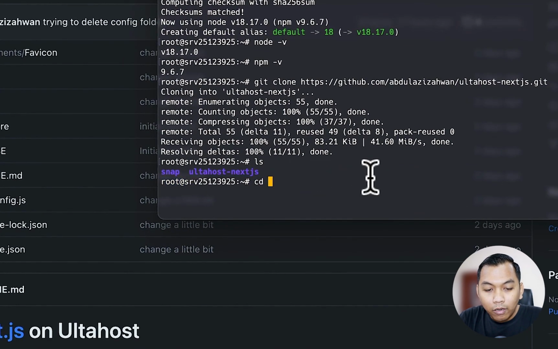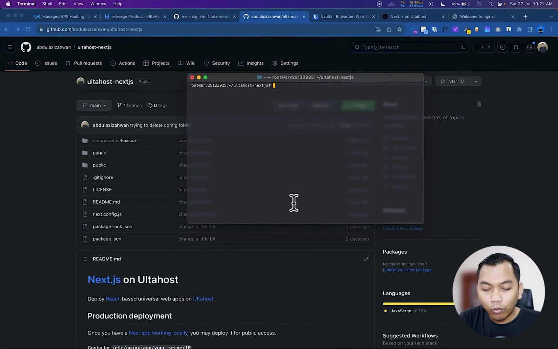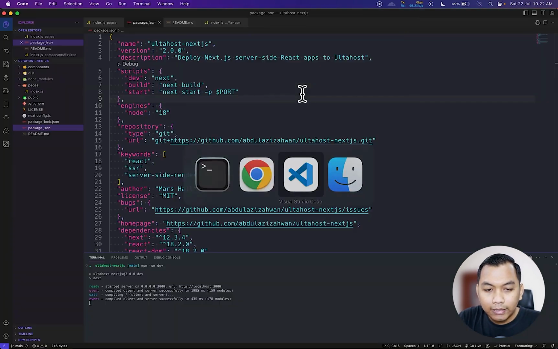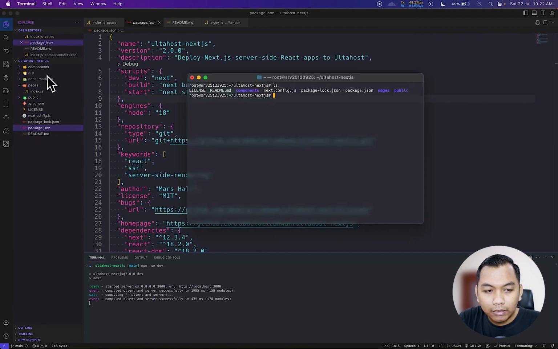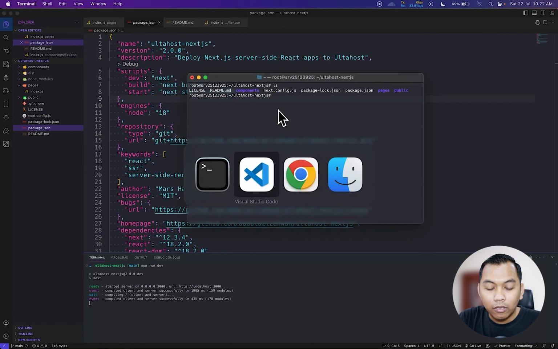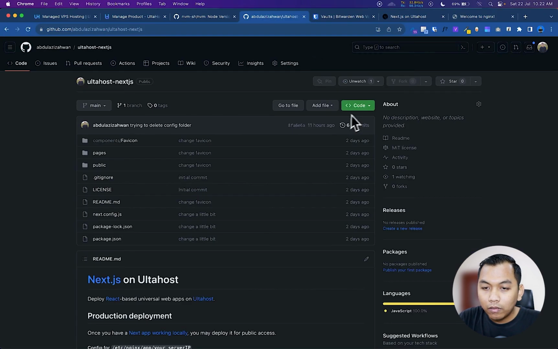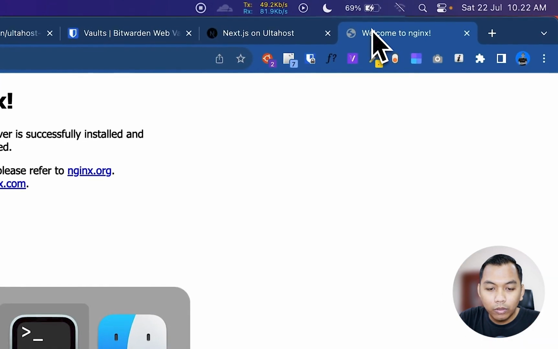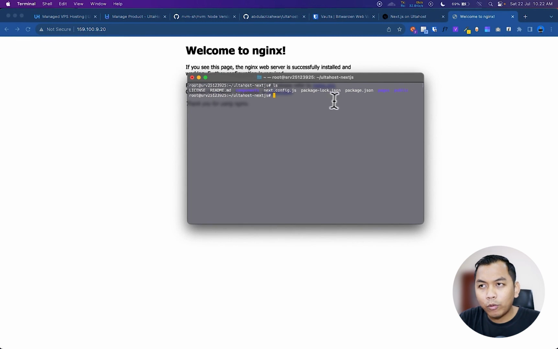So we need to go to that folder here, and when we say ls, we will see all the content exactly the same like this, but minus node modules. So what we do next, we need to install all the packages for this repository using npm install.